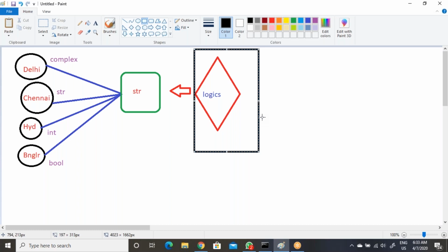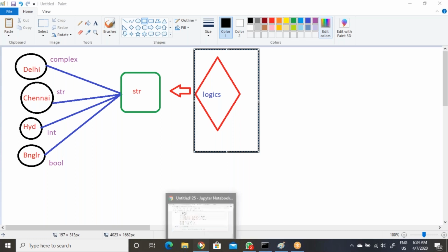So now let's see. Make sure, here we have data types like integer, float, then complex or bool, then string.